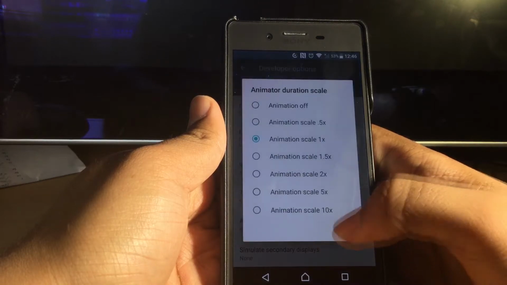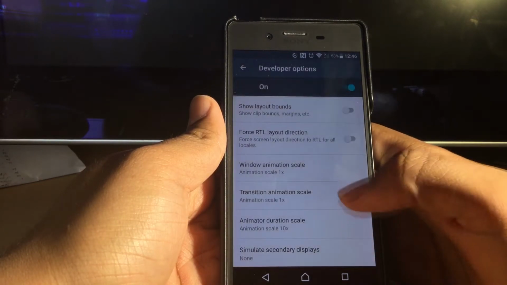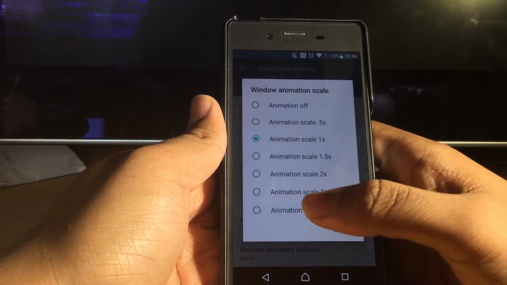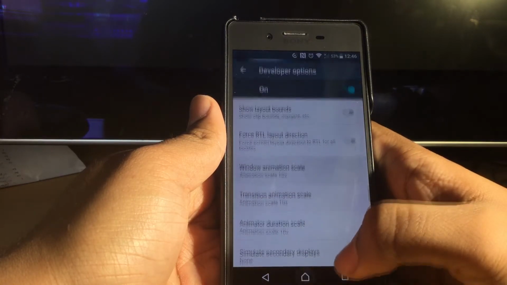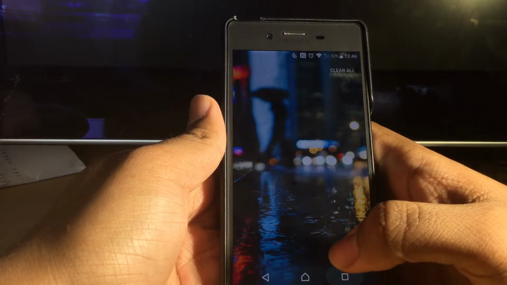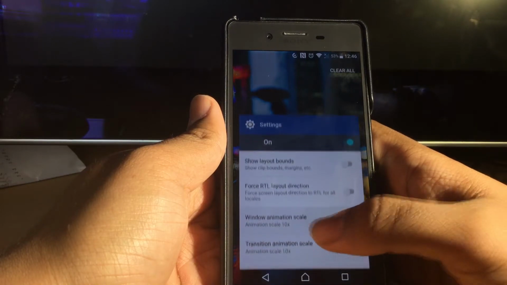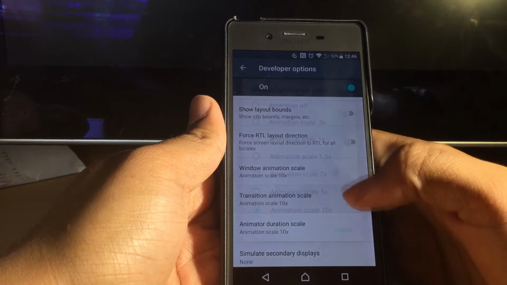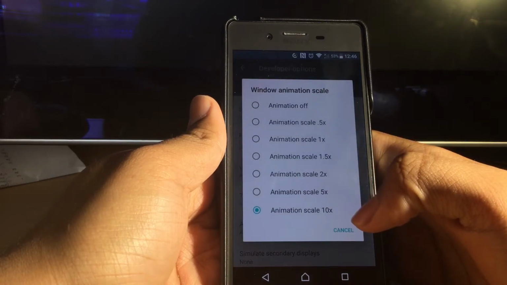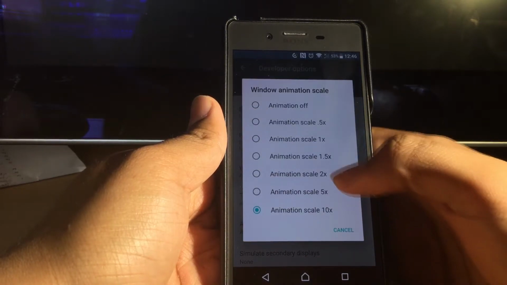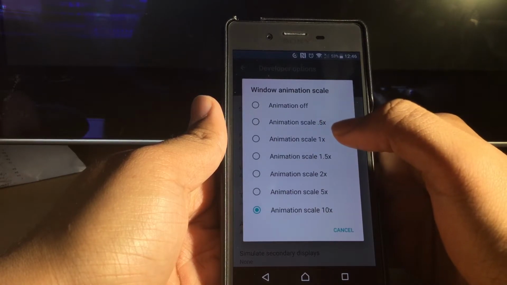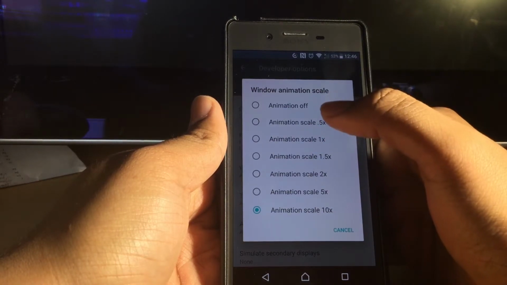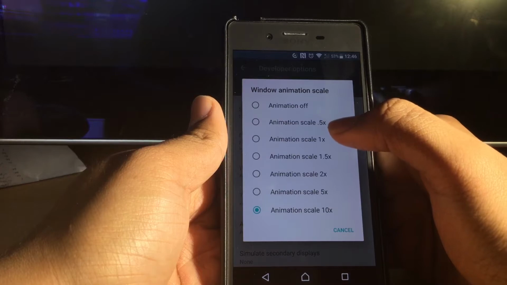As you can see, if I were to increase these values, the animation would be really slow. You can see that. It's going to take years if you set it to this value. So obviously by decreasing the value, it will make the device snappier. Here, as you can see, the only option I have is to either turn the animations off or have them to